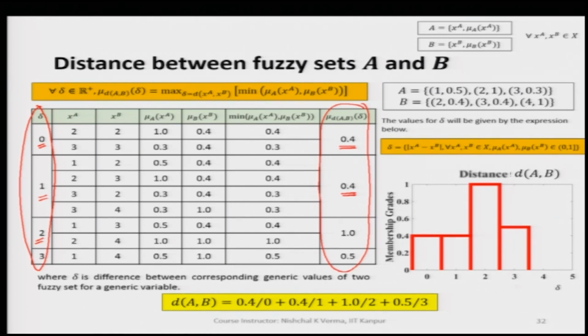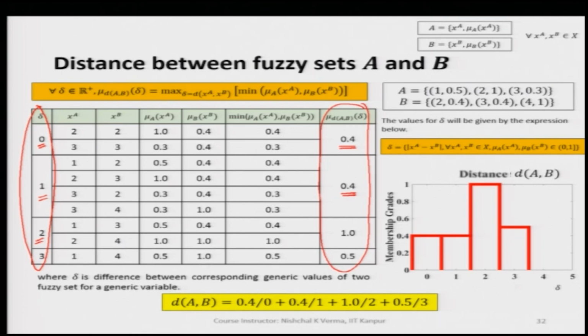One is the generic variable value, which is delta, which is nothing but the difference between the corresponding generic variable values of the two fuzzy sets A and B, as we have already discussed,